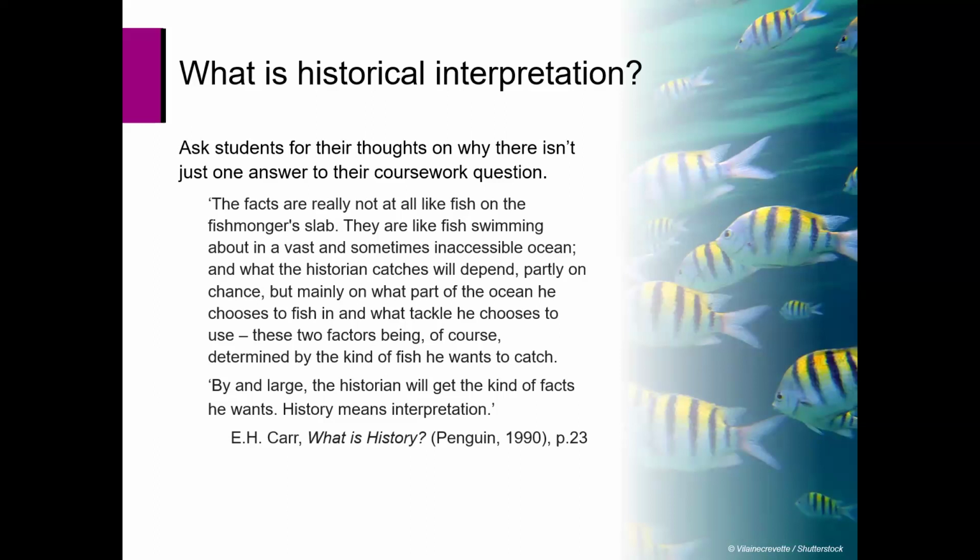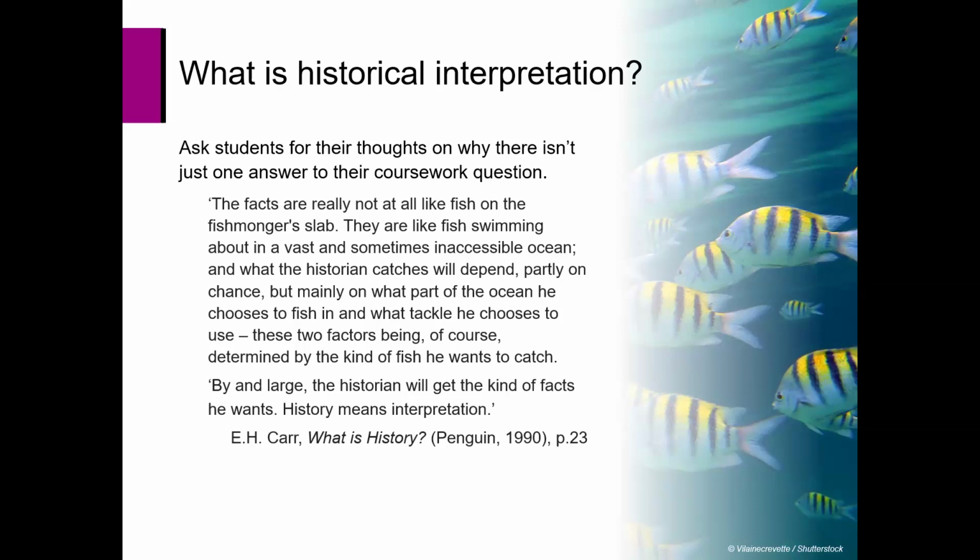And I like this from E.H. Carr's What is History, that classic, which comes from his George Macaulay Trevelyan lectures delivered actually in 1961, but still such a useful image. The facts are really not at all like fish on the fishmonger's slab. They are like fish swimming about in a vast and sometimes inaccessible ocean. And what the historian catches will depend partly on chance, but mainly on what part of the ocean he chooses